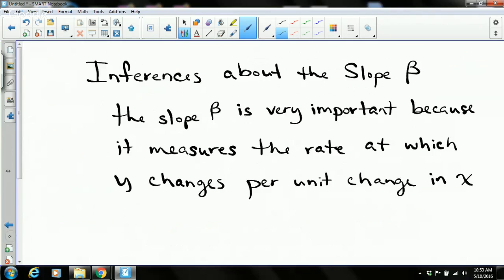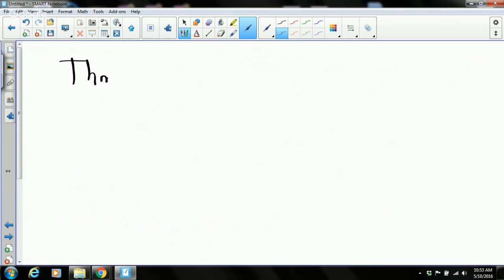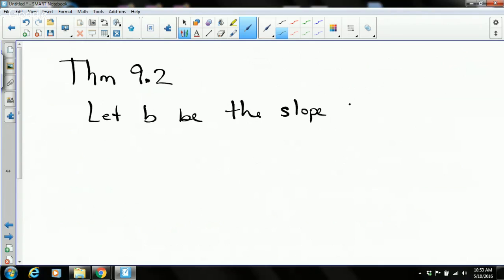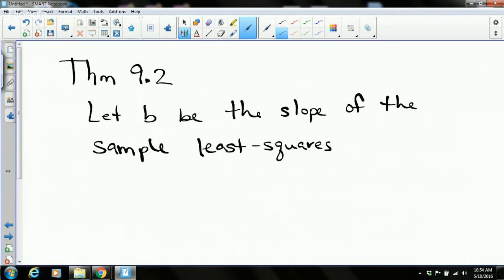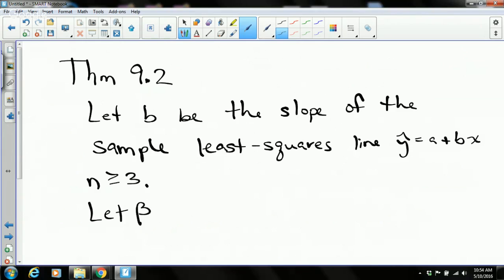Good. So the last thing is the last theorem. It's theorem 9.2, and it's about beta. Let B be the slope of the sample least squares line, which is y hat equals a plus bx, where n is greater than or equal to 3. Okay? And let beta be the slope of the population least squares line,